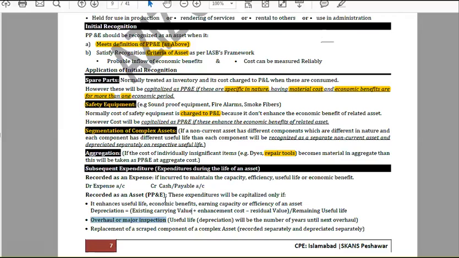Overhaul or major inspection. Okay, students, overhaul is not just simple repair. Overhaul means inspection of every single part of an asset and replace it if it is required. So please remember this definition. What is overhaul? Overhaul means inspection of every single part of an asset